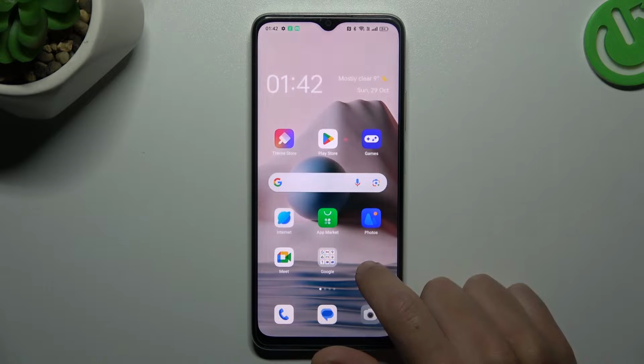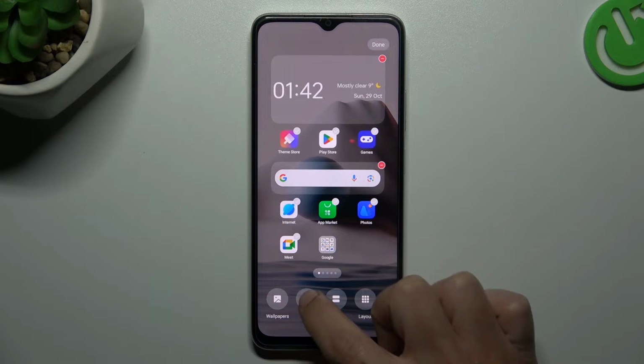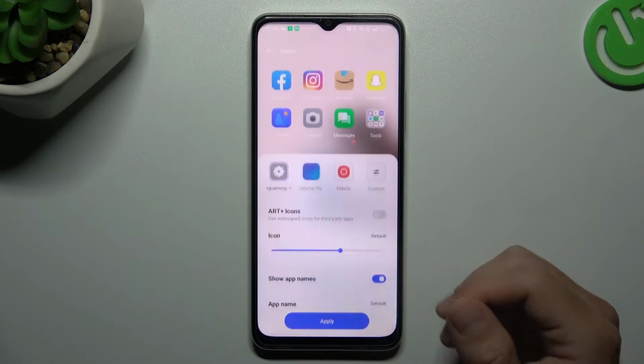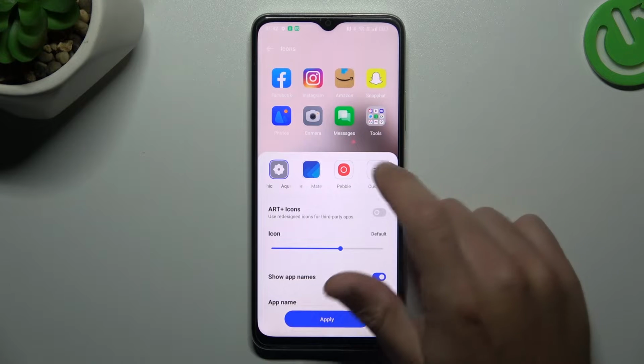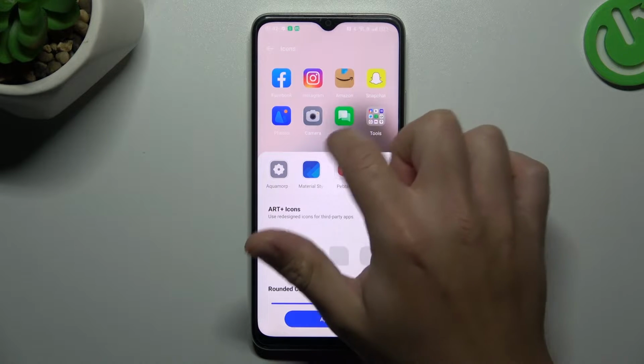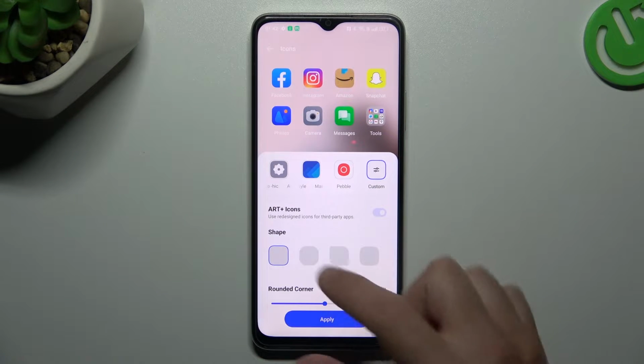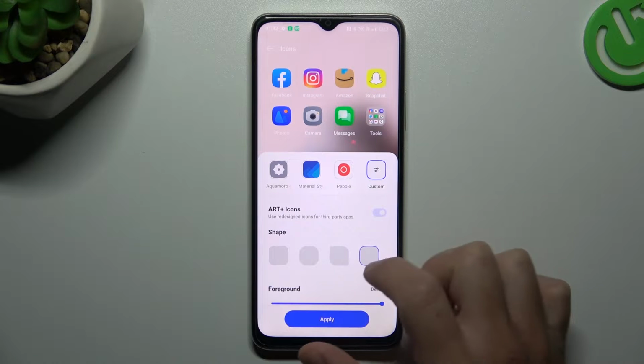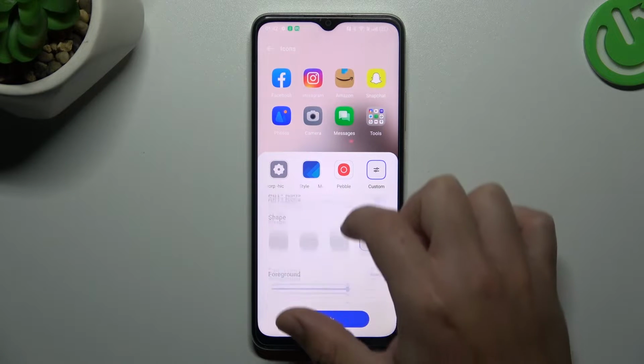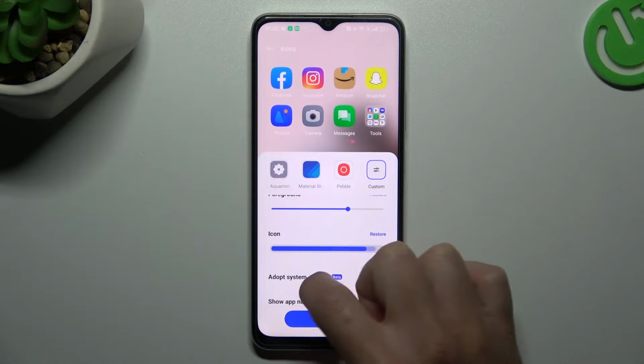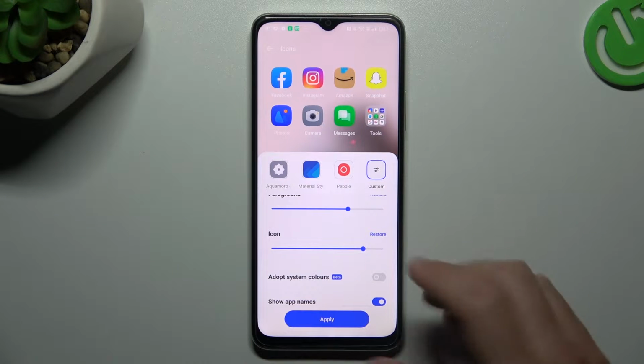After that, hold the finger again, and we can go to the icons. If you want to set your own shape of the icons, tap on the custom, and there we have a preview. So remember that, and now we can choose the shape of it, the size of the foreground, and the size of the icon. If you want, you can use the system colors